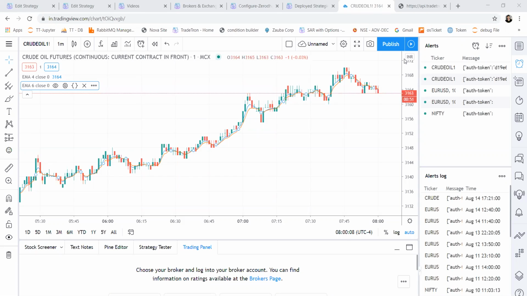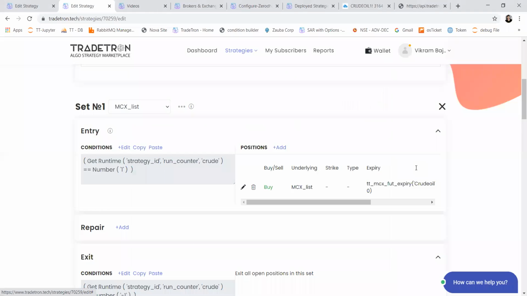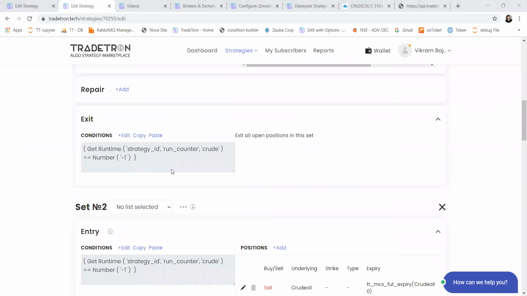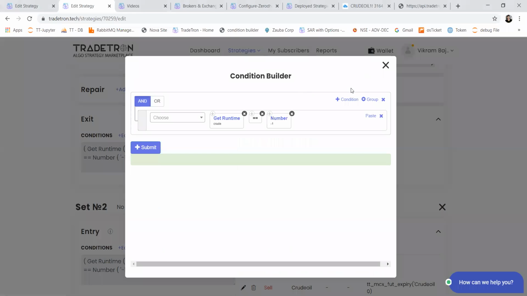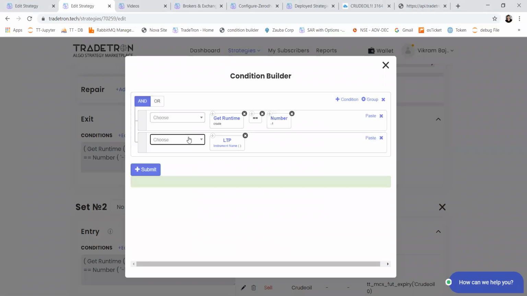How to set exit target to book profit or stop loss or trailing stop. So in case if your strategy is taking trades as per TradingView signal, but you want to put your exits from here, let's say if I have written the conditions and the strategy is not API linked, and I have written entry conditions in Tradetron only, then I can just use percentage profit and percentage loss based exit like this.